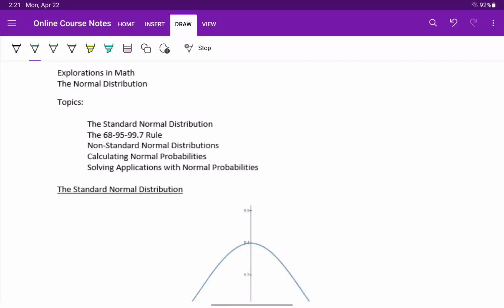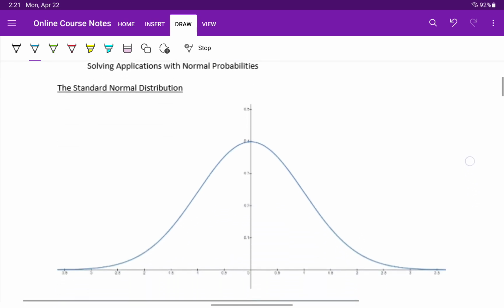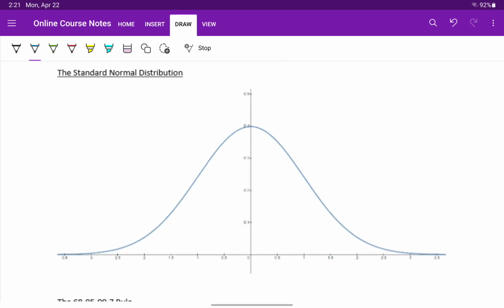In this section, we want to discuss the normal distribution, some of its properties and characteristics, and then look at how we can calculate probabilities with this distribution. We'll start off by talking about the standard normal distribution, which we can abbreviate as N(0, 1). We use this notation as a shorthand for normal distributions, where the first